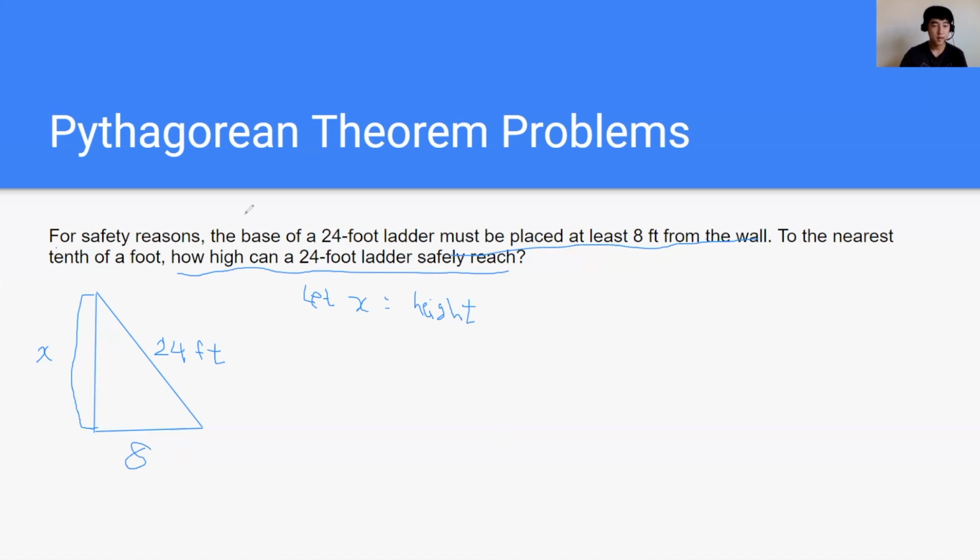Okay, then you will make a Pythagorean equation out of this. So C is 24, which means